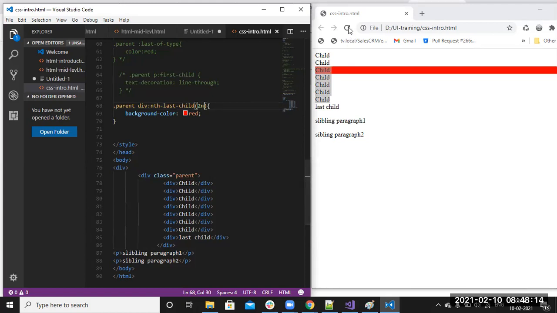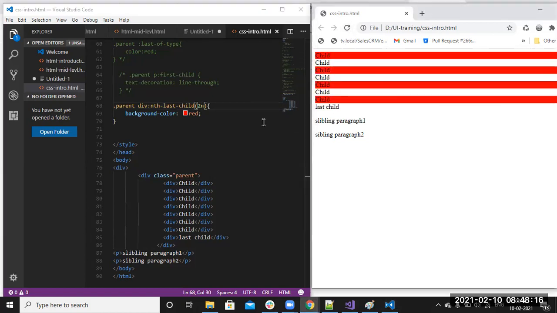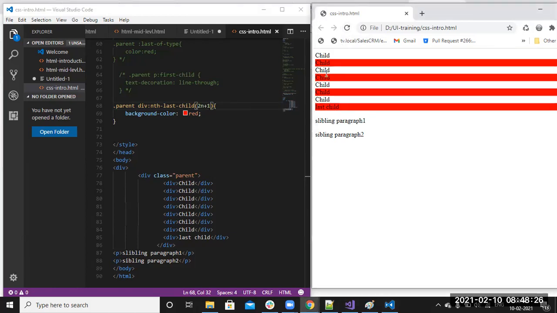2n, every second element in the list. 2n means, what is it doing, it is reversing, right? 2n plus 1 you can do. 2n plus 1 is for even numbers, 1, 2, 3, 4, 5, 6, 7, 8, every second element.